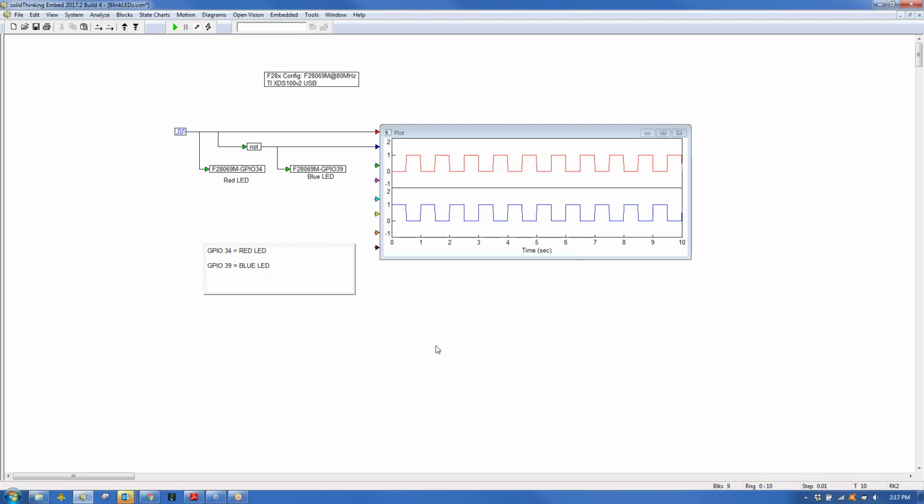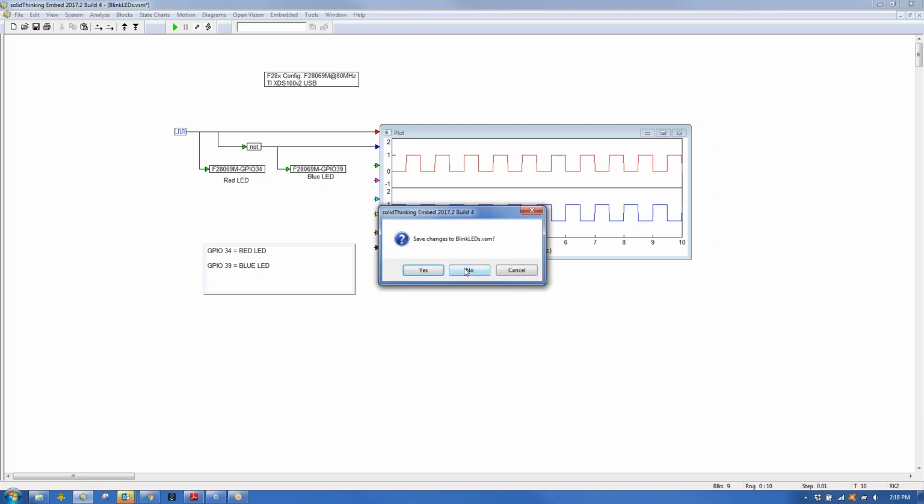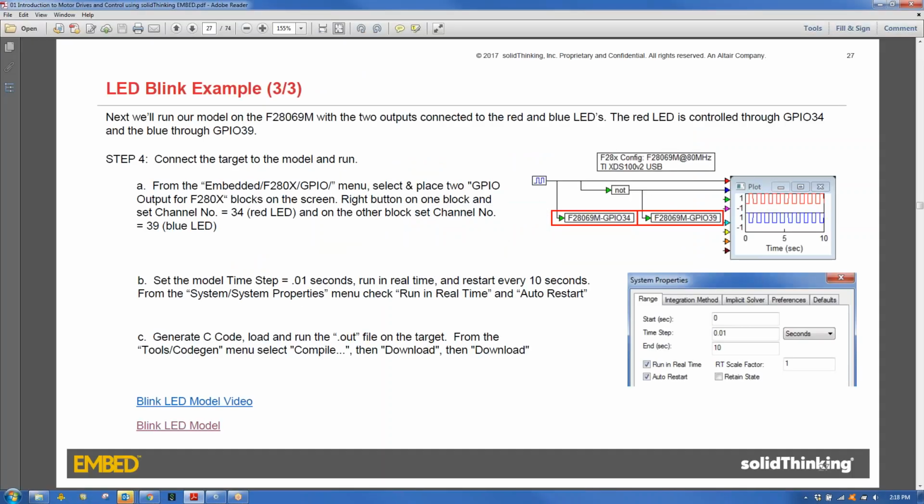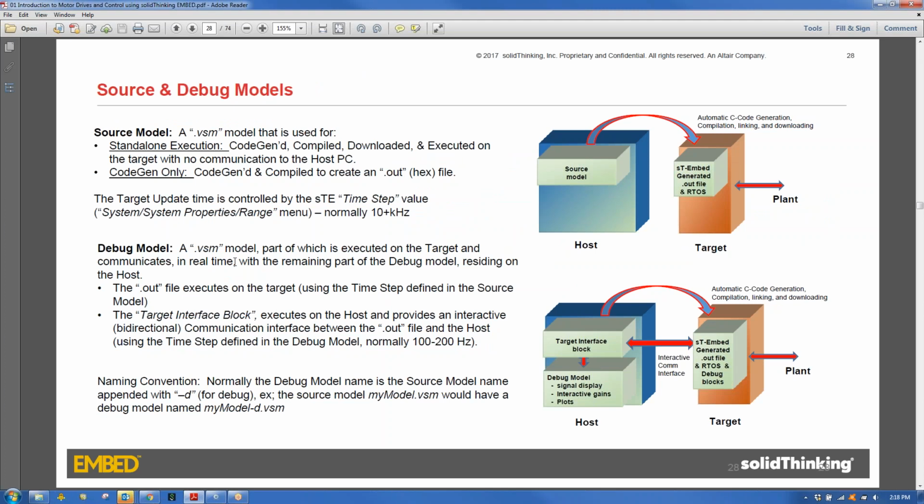Okay, so that's real basic. We were able to get a very simple diagram working and running on the 69M that we created in solidThinking Embed. So let me close this, and let's move to something a little bit more challenging. But before we do that, we need to understand a few things in terms of terminology. As it will turn out, things get complicated when you want to have data communication between the target and the host. What we did right now